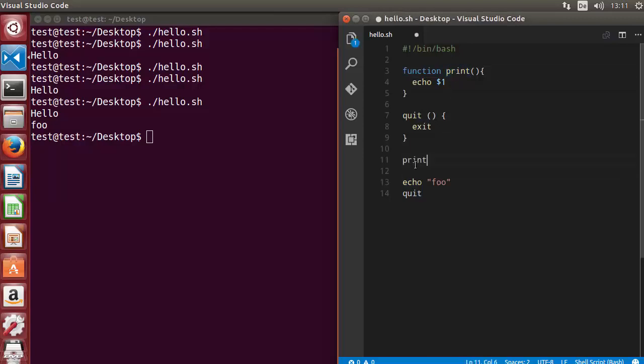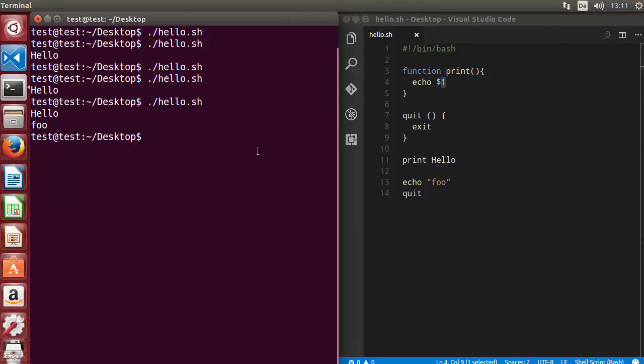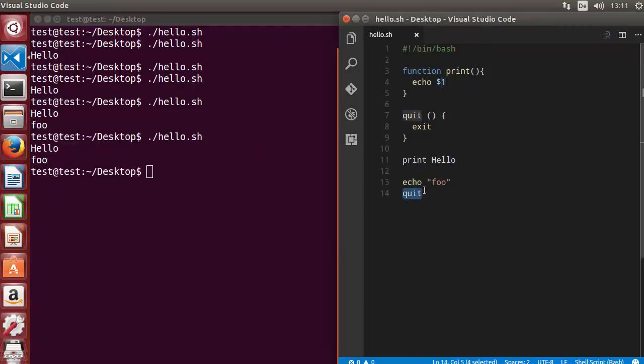We can just call this print function, and how do we give an argument? You just give the name, whatever name or argument you want to give, after the name of the function. Whenever you call this function and give this argument, it goes here as argument 1, and hello will be printed. So let's see what happens. You can see hello is printed, and then foo is printed,